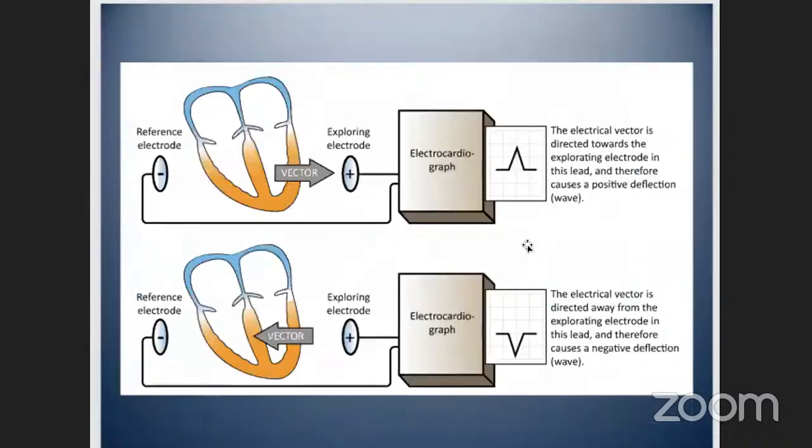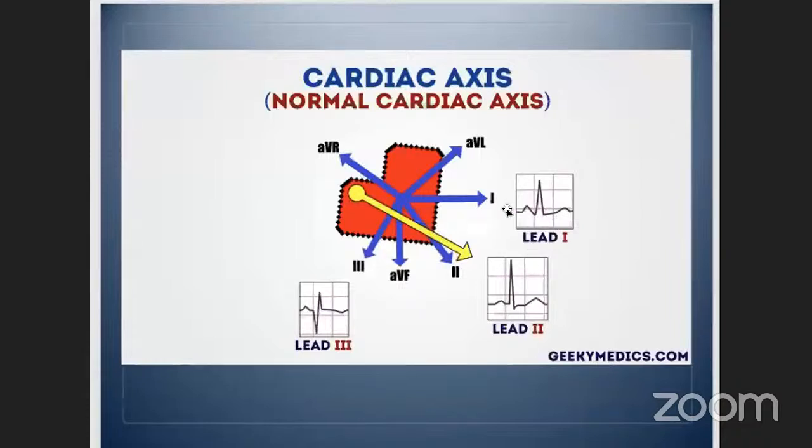And so if we return, the easiest way that we can look at this is that leads 1 and 2 should always be positive, as well as AVF. When I look at my 12 lead ECG, I will show you a picture of that later. My left hand would be my lead 1 and my right hand would be AVF. If my axis is normal, it would be positive in both lead 1 and in AVF.